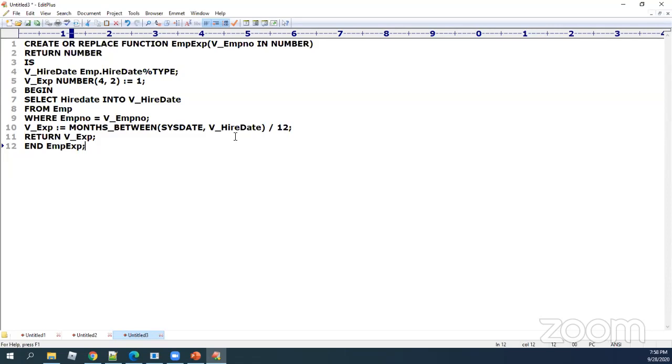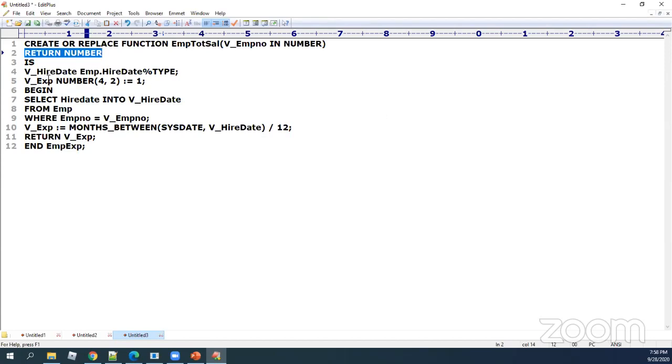You just watch, I'm saying create or replace function employee_total_salary. My intention is to create a function that can calculate the total salary of the employee whenever I give the employee number. Now, total salary is once again numerical data, so I'm saying return number.